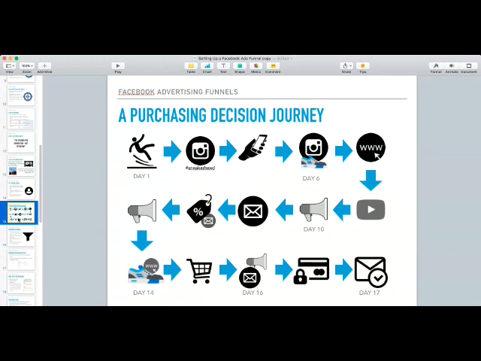I was interested in it. Went through the website and I actually browsed a few different products themselves,